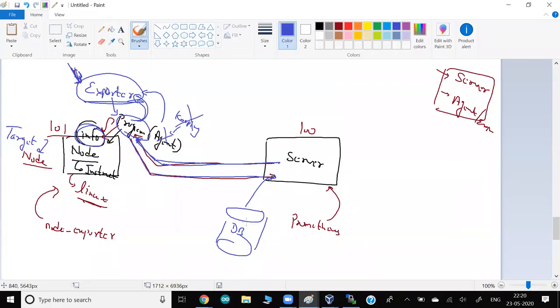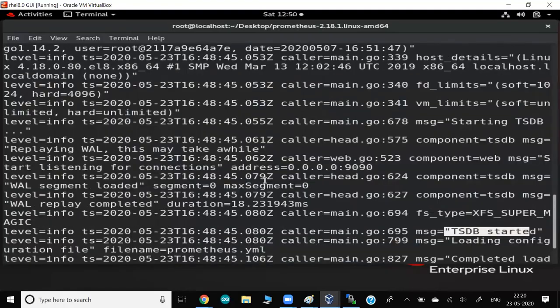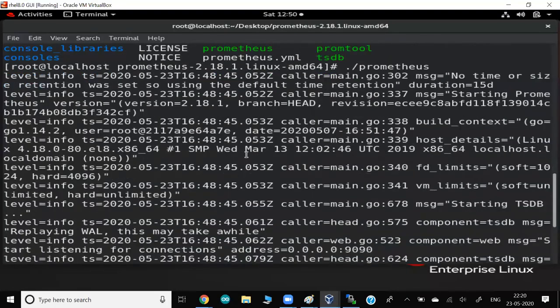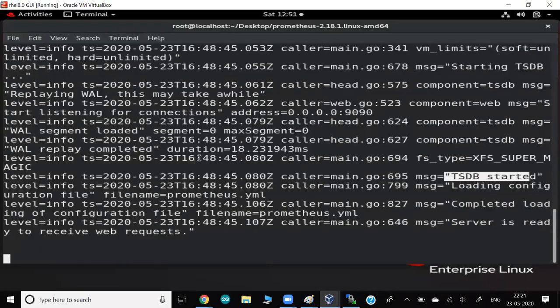But just for basic testing, they give you one web UI website, so you can just go and check whatever data they are downloading. You can also write some queries there just for learning, for testing. You just try it if you want. Otherwise, normally we integrate with Grafana, but you can do it. The web UI of Prometheus works on a particular port number, which is normally 9090. You might see it visible here.